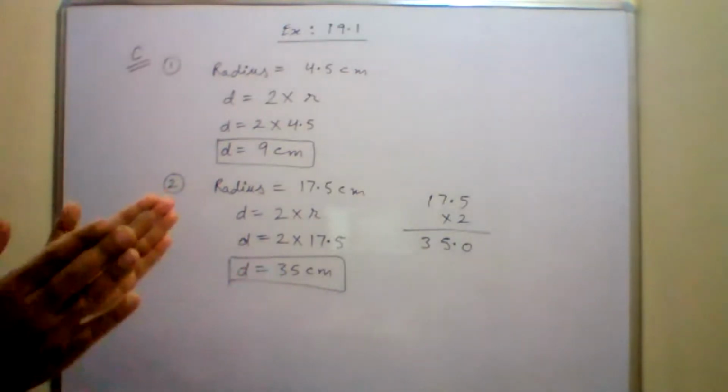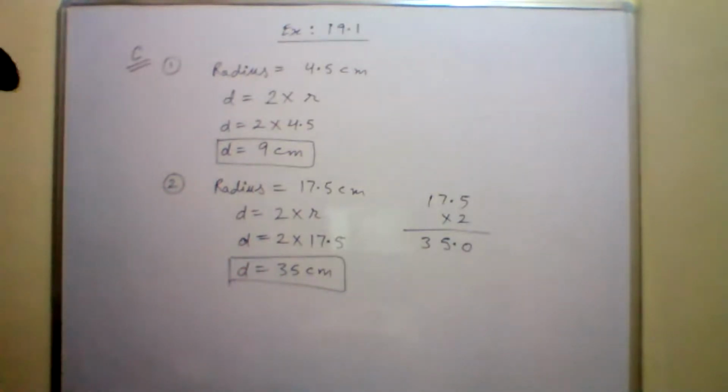Yes sir, I understood. 18 centimeters will be the diameter, since 9 centimeters is the radius. Very big. And similarly, in the next one, the radius is 10 centimeters. That is also very big. You cannot make a circle with such a big radius in your notebook. It is not possible.